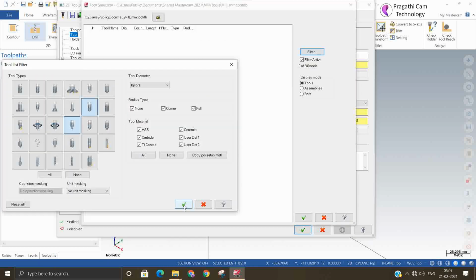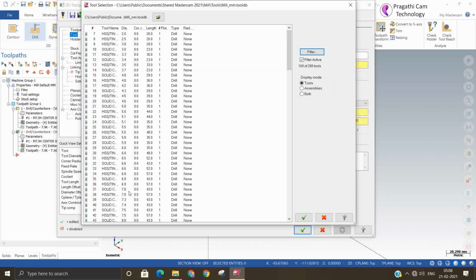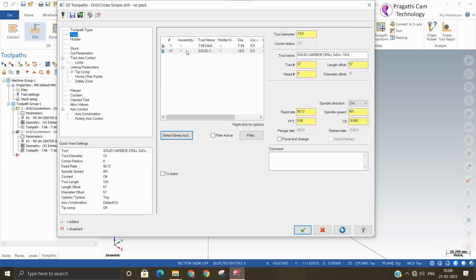I have taken a 10 drill. You can change the drill name and number, spindle speed, and feed per tool.